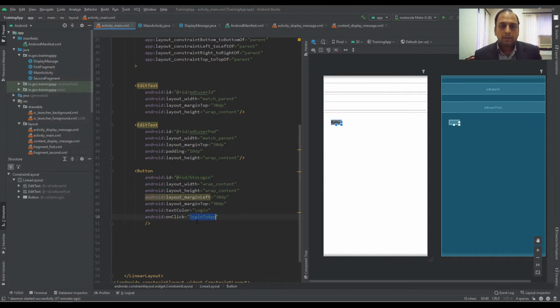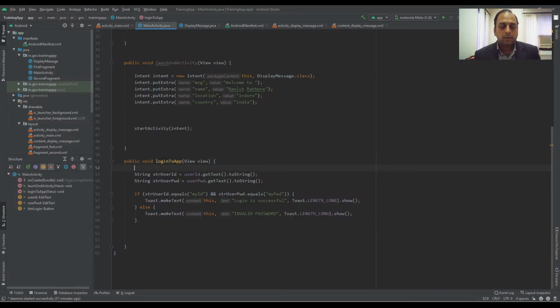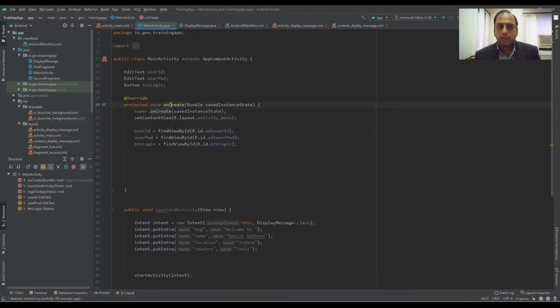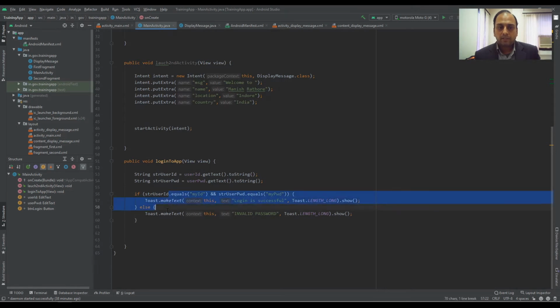On clicking this particular button, it will run this function. We extract the strings from these two variables, user ID and user PWD, which have been initialized in onCreate, store them in these strings, and then check whether the ID and password are as given in this program or not.